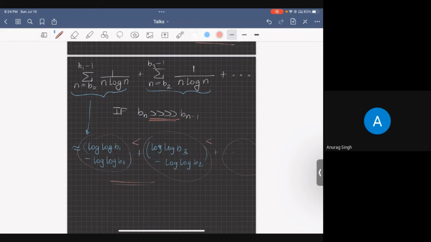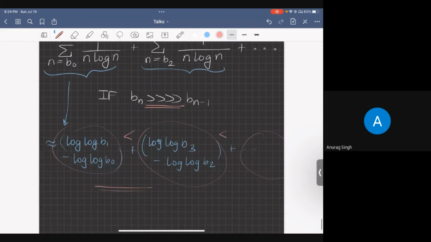Is it clear what I'm trying to say? Just let me know if something is not clear. Basically, if the gap between bn and bn minus 1 is so large that this term is actually larger than this plus this plus this, because b3 is so much larger than b1, b0 and b2, then